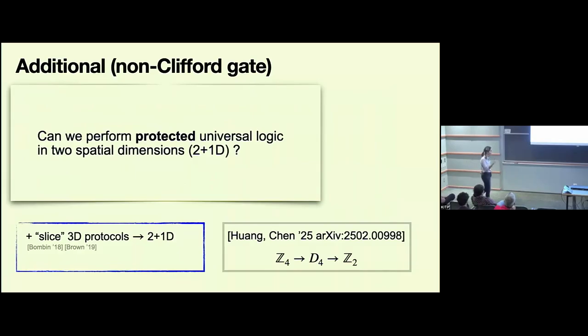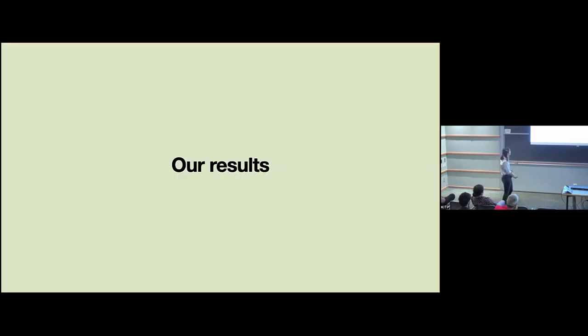And another thing is I would like to shout out to Shenji, who independently came up with a somewhat similar conceptual idea of how to do gates that is also related to going between similar topological phases, except maybe they did not address fault tolerance in their work. But I really recommend checking out this paper. It's pretty cool. And this brings me to our results.